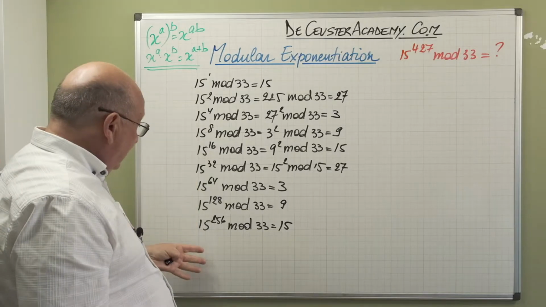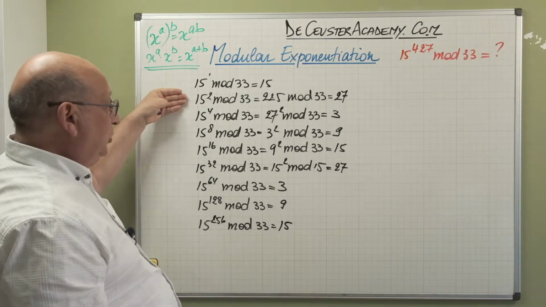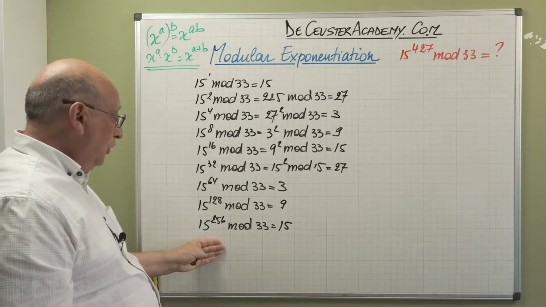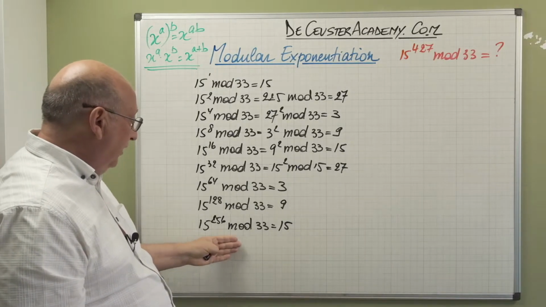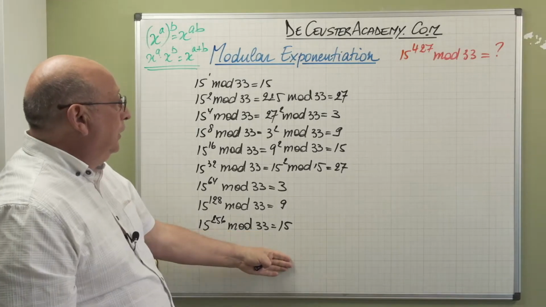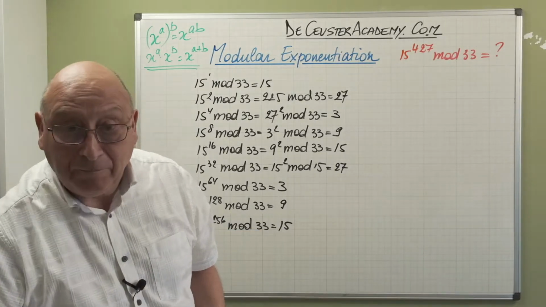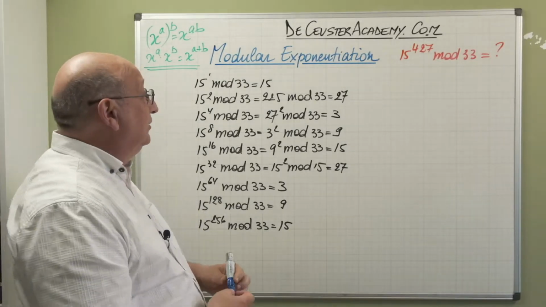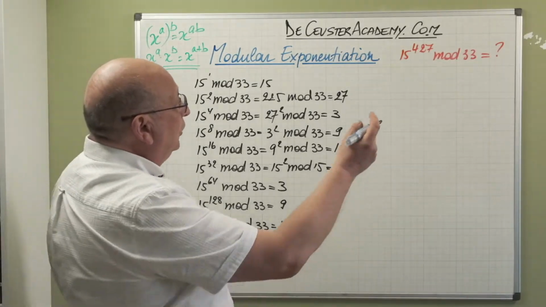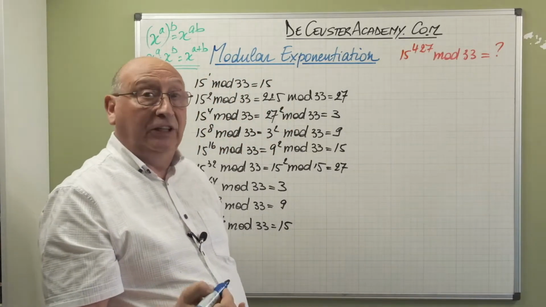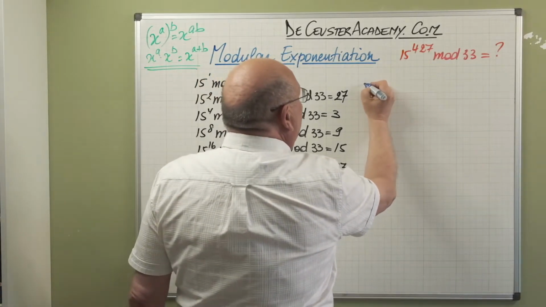So what we see here is that we have a repetition. From here we repeat again. So 15 to the power 512 modulus 33 will be again 27. So that's the repetition that we have. Now when we are going to look at the number here, the 427, 15 to the power 427,